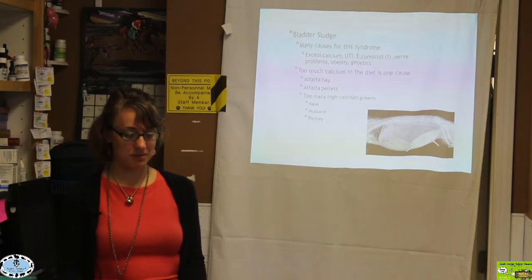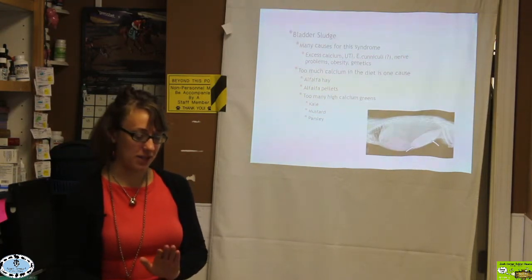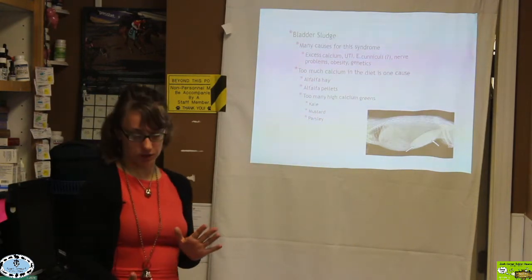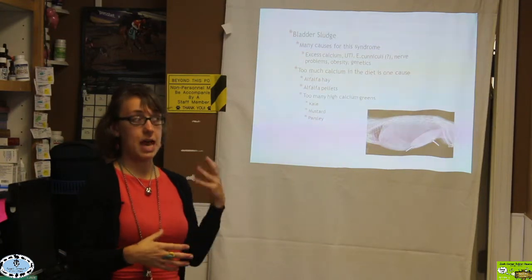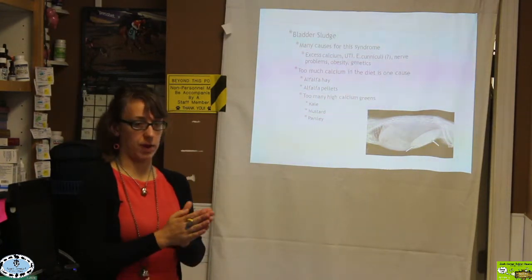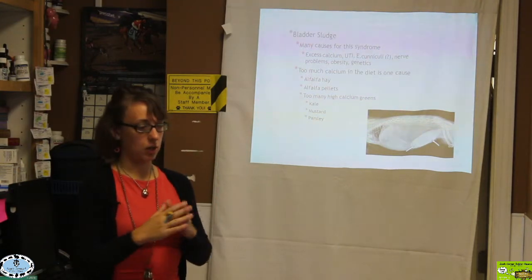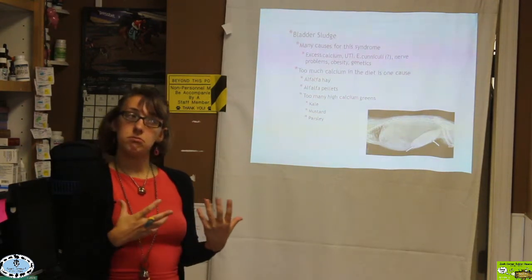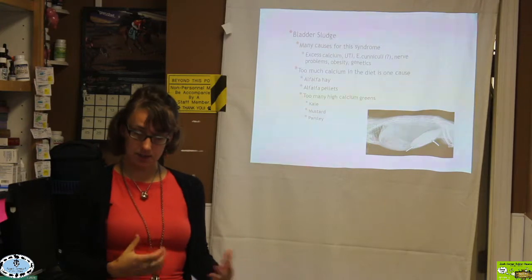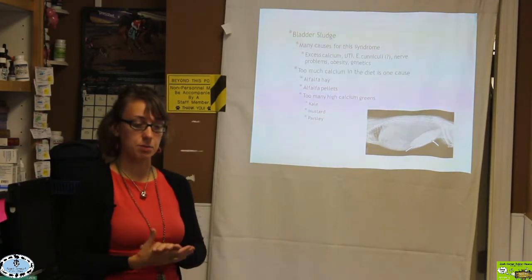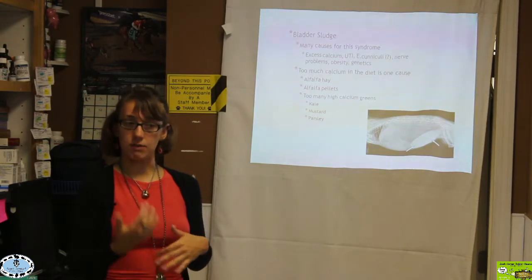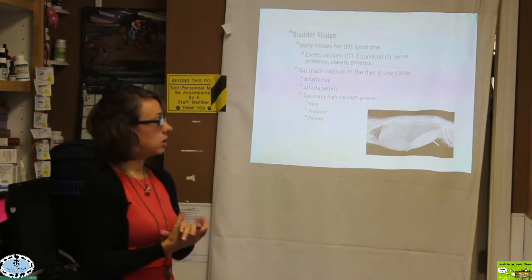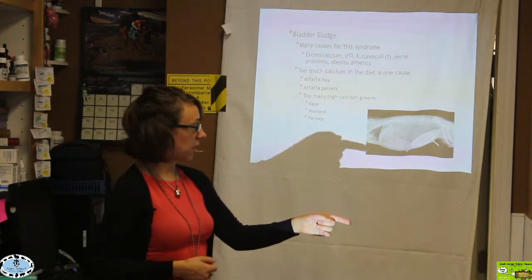Okay, the last problem I wanted to talk about in rabbits with nutritional issues is bladder sludge. Bladder sludge is kind of a controversial thing. There are many different things that potentially can cause this syndrome that we see in rabbits. So I can't say, oh, you have a rabbit with bladder sludge, it's definitely because you're giving too much calcium and we need to change the diet. There certainly are cases where that is the case, and so whenever a rabbit comes into the hospital with a bladder sludge issue, we have to talk about a lot of different potential causes. To start off, this is an x-ray down at the bottom here,